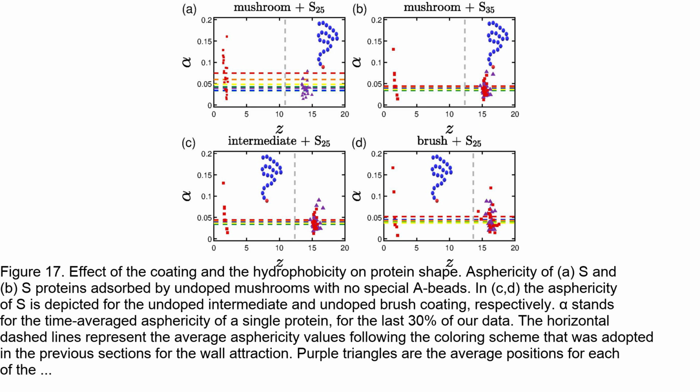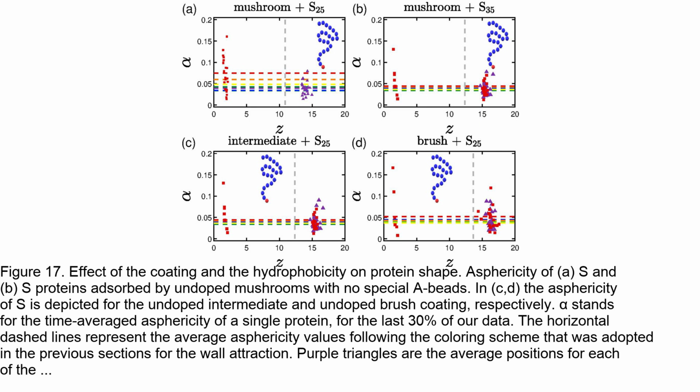In addition, the figure also demonstrates that the hydrophobicity of the coating and the molecular weight of the protein can influence the shape of the adsorbed protein. More hydrophobic coatings and larger proteins tend to have slightly higher asphericity values, indicating a slightly less spherical shape. This observation suggests that the hydrophobic interactions between the coating and the protein can affect the protein conformation to some